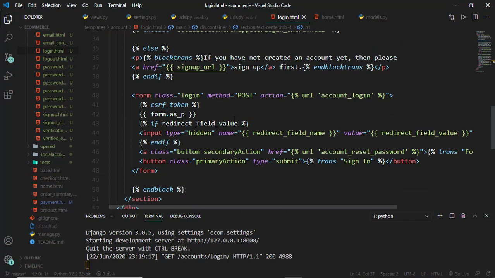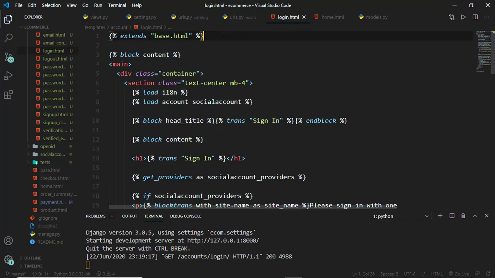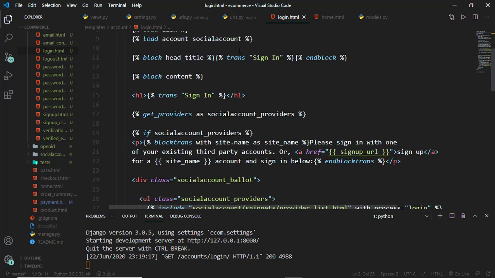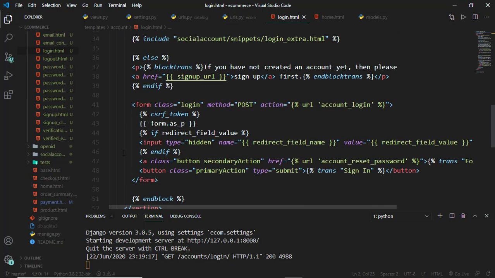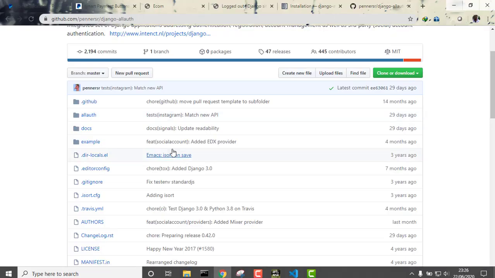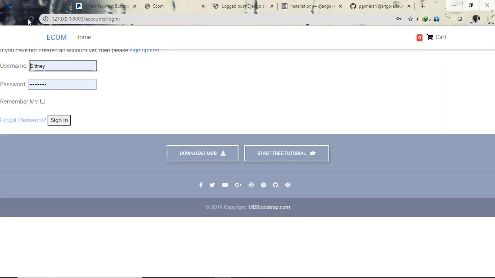Now, since we have Crispy Forms installed, we can load Crispy Forms and make use of Crispy Forms. So Crispy Forms tags, we've loaded Crispy Forms tags there. So inside the form where we have .as_p, we can use the pipe operator and specify crispy. So we have our crispy there, and we can go ahead and take a look at this. So if we refresh,